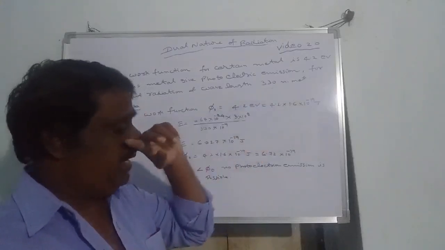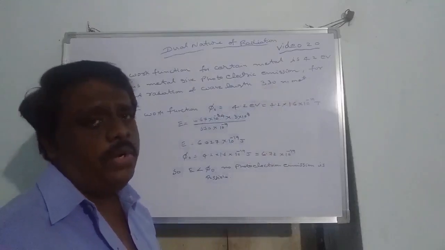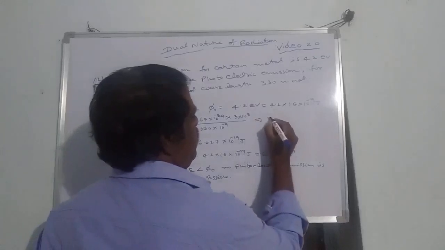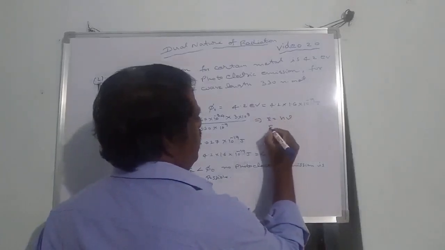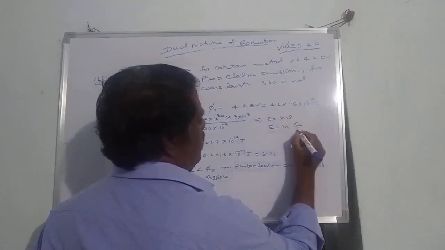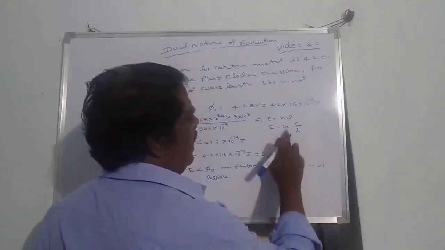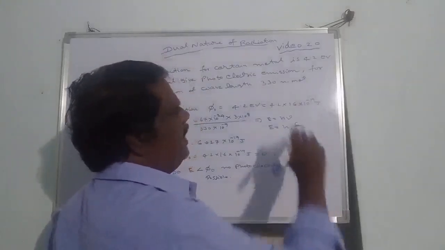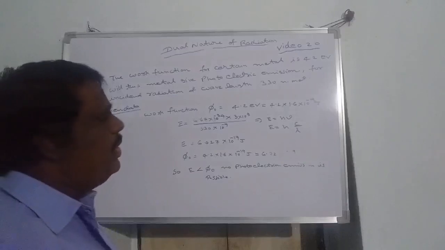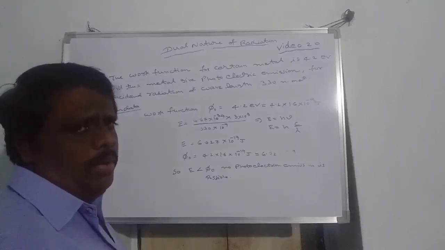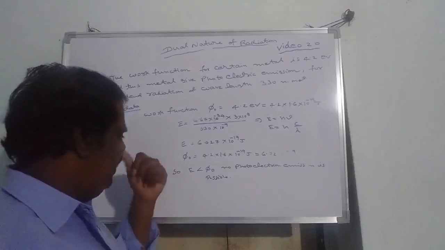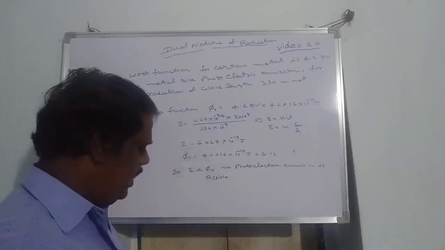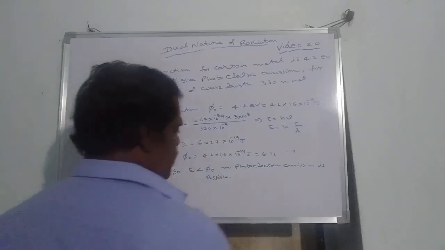Wavelength is given in nanometers. 1 nanometer is equal to 10 power minus 9 meters. So what is the formula we are using here? E is equal to h mu. E is equal to h, mu value is c by lambda. Okay, h is Planck's constant. c value is 3 into 10 power 8. Lambda value they are given is 330 nanometers. 1 nanometer is equal to 10 to the power of minus 9 meters. So from this we can conclude that here E value is less than phi naught, so no photoelectric emission is possible in this situation.